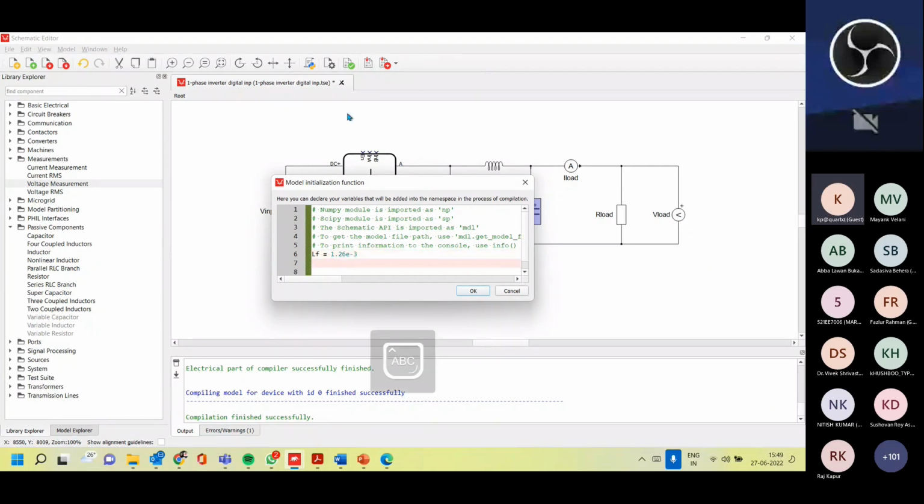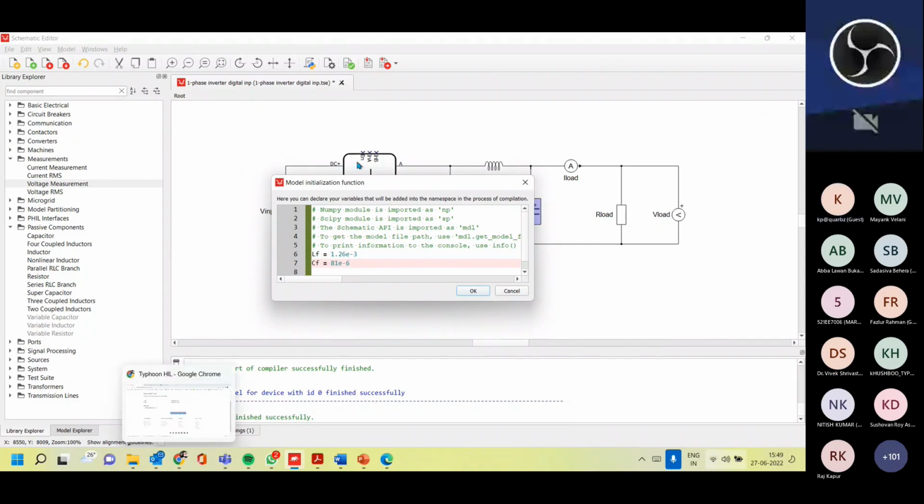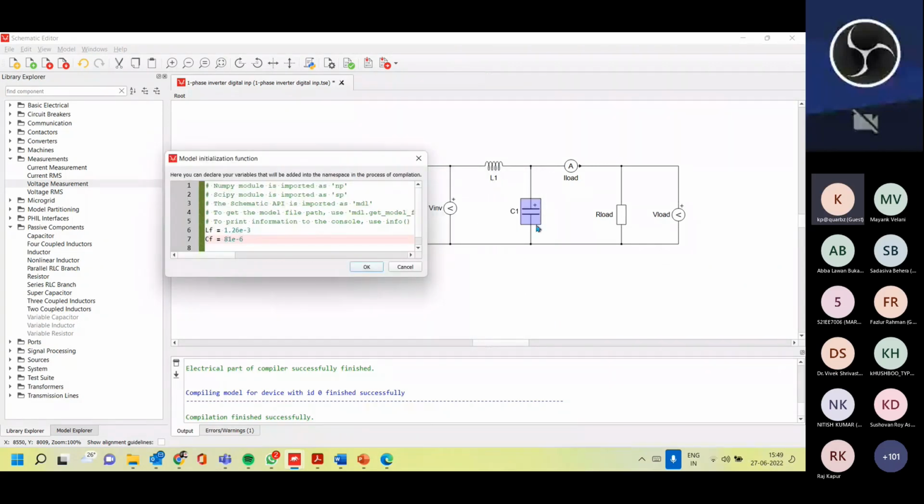Otherwise, you can make an improvement over the filter values, because that is the only thing we require to do. There is a 36 of a little bit power minus 6. So taking it. So see the filter values which I gave here, LF and CF, that I have assigned here,